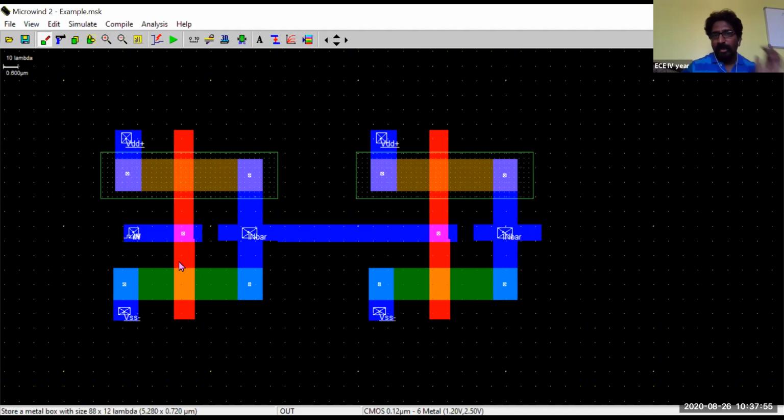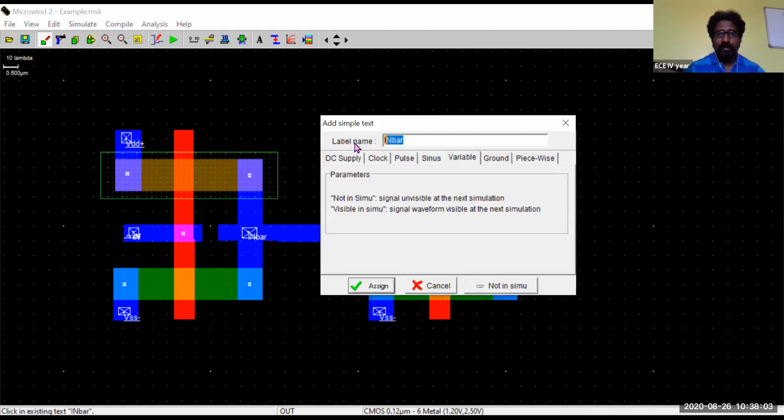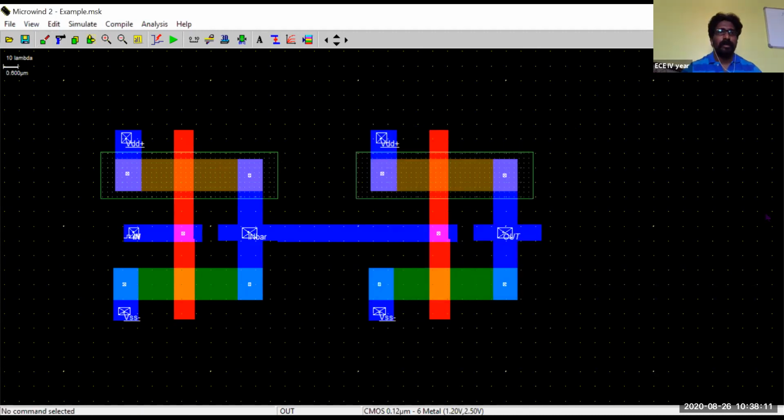Now we will try to simulate it. Okay, here I need to name it as output, "out", and put it as visible in simulation. And now the CMOS buffer has been done.